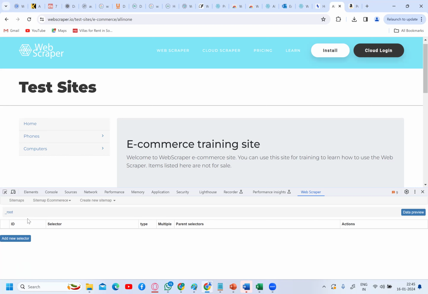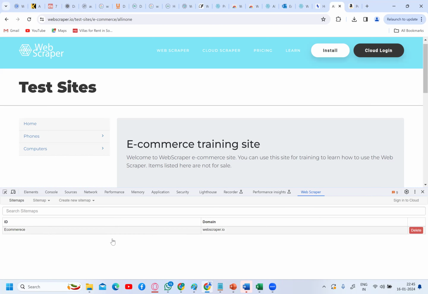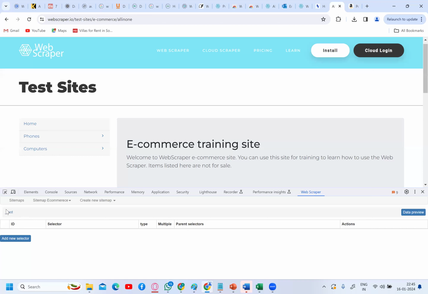So if you click on sitemaps, you already created one sitemap. If you want to delete, you can delete. Okay, e-commerce is a sitemap. You can click here. Now under this root, what is your next level of scraping? Basically, I want to scrape the